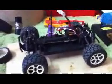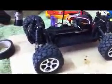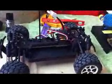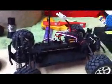What you're seeing here today is called the HPI Racing Mini Recon. It's a 1/18 scale monster truck. This truck is primarily based on the Megatech Pro Pulse, which it shares a lot of parts with. The ESC looks pretty much the same. Comes with a nice radio from HPI,